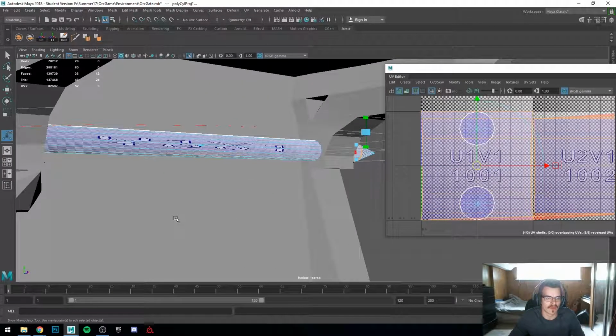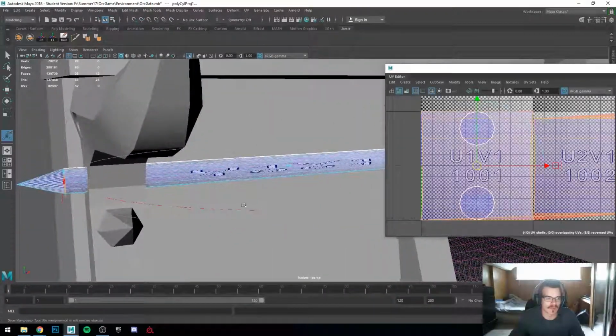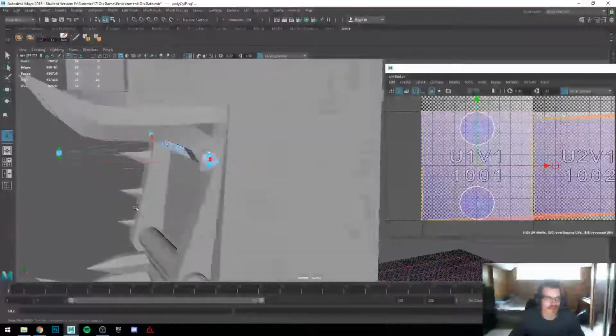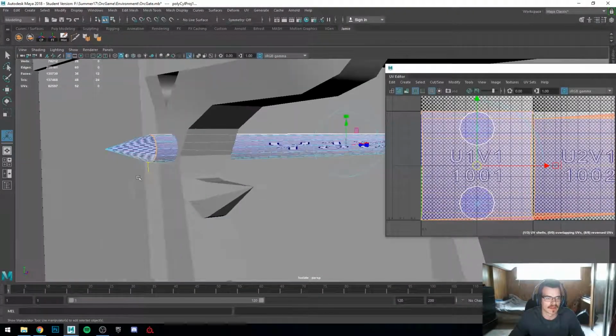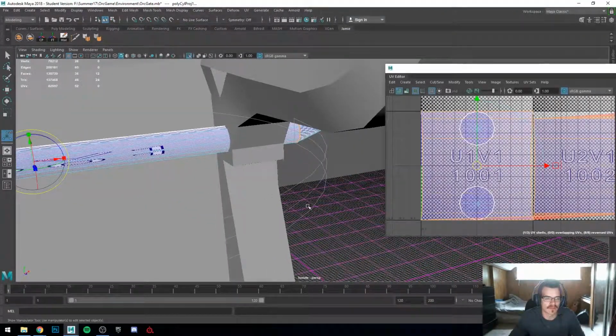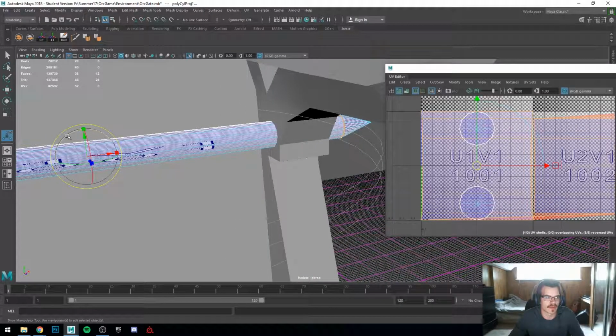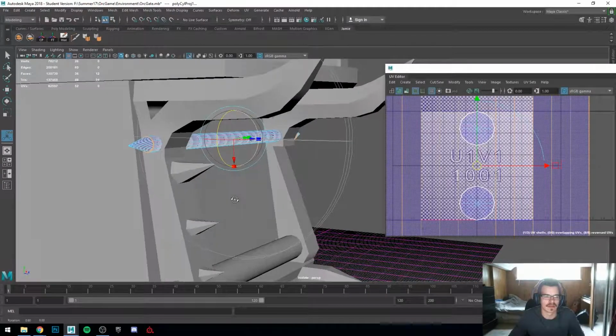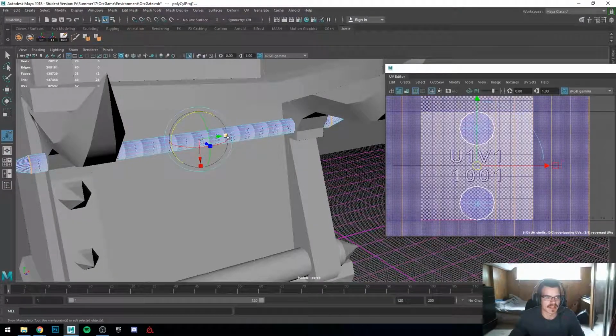It's gonna be really weird right now, but we have ways to fix that. So you want to look for this red T right here. It's gonna be on one of the sides. It's not gonna be on that side. Click the T. We're gonna get this manipulator here, and you see we have this gray dome, and we're trying to match its cylindrical height and width to our cylindrical height and width. So if I hold J to snap while rotating, I'm just going to snap this up 90 degrees so now it's going in the same direction as our cylinder. And then if I just scaled that out,